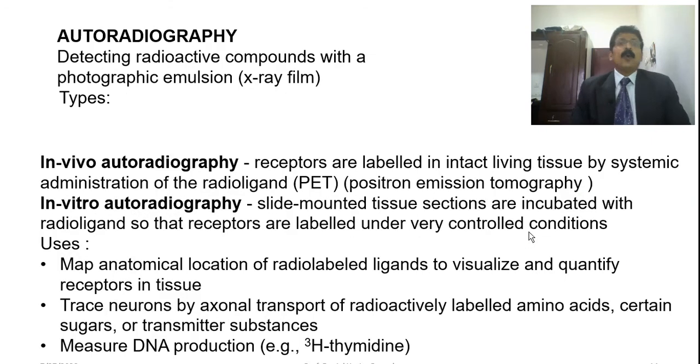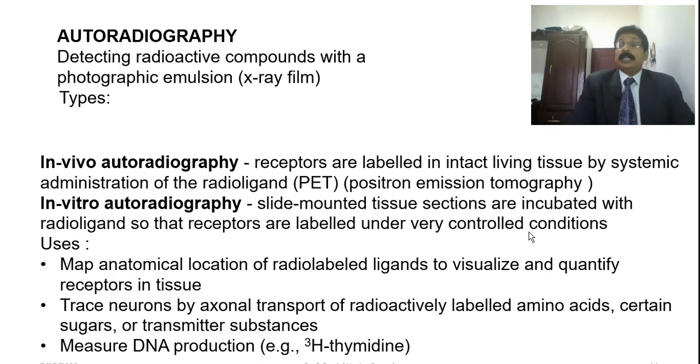So now we are coming to autoradiography. This is also one type of method which is used to detect and find out about structural changes, and also to study a labeled compound which is injected into a particular plant, and then you detect it. So detection can be done by radiography also: detection of radioactive compounds with photographic emulsion, X-ray film.